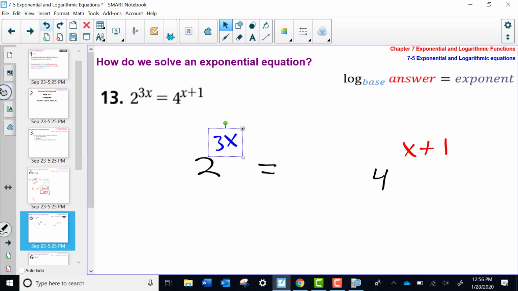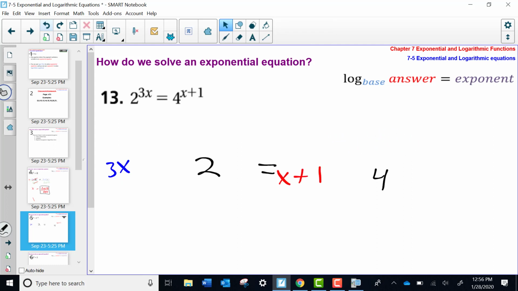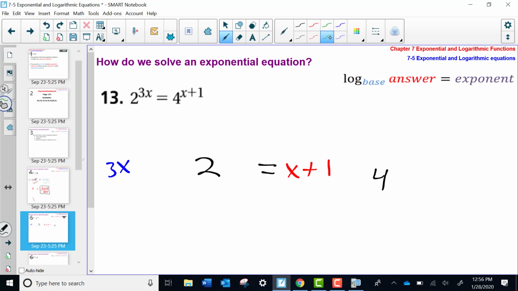When I bring it down, what do I have to write? Log. Now, the only difference is we have two exponents here, so we have to bring both of them down. Both of them have to come down. Since both of them come down, we just write the word log one time in front of each of the bases. So it's 3x log of 2 equals x plus 1